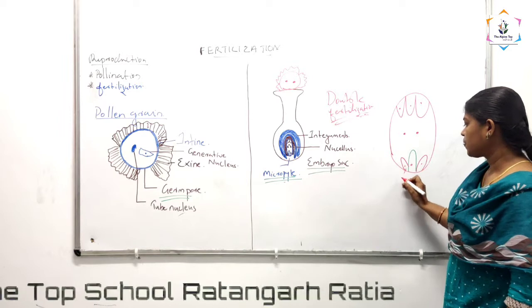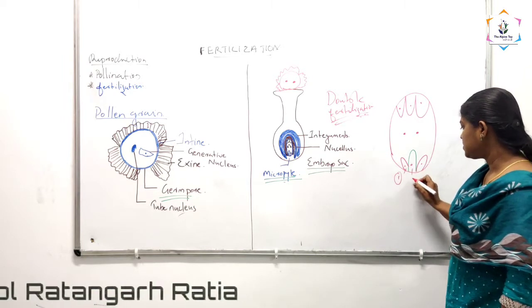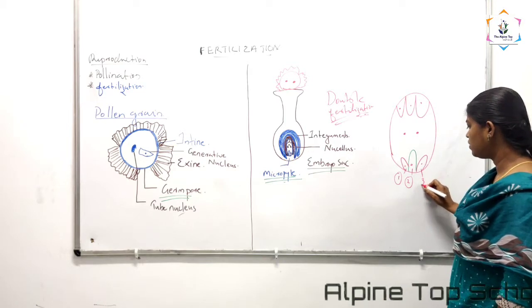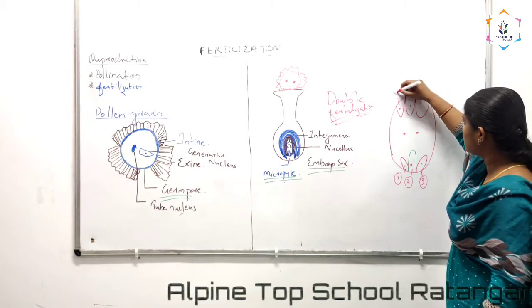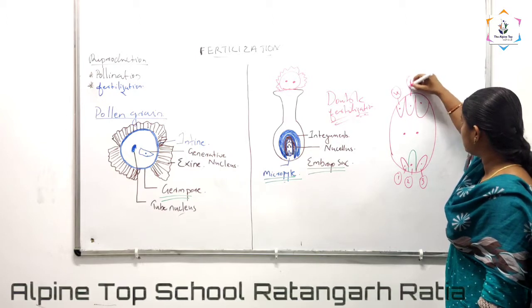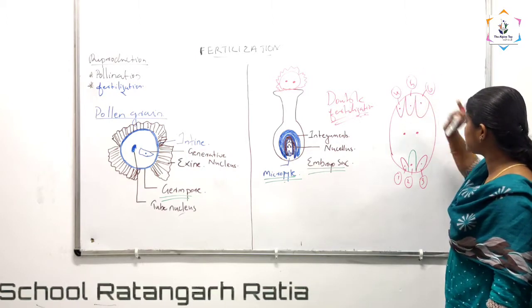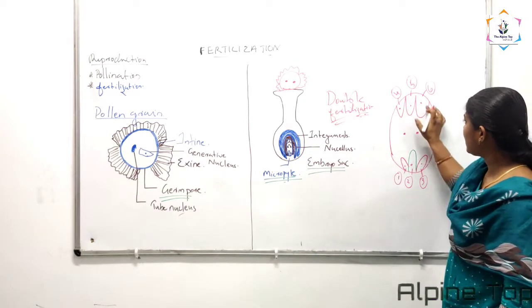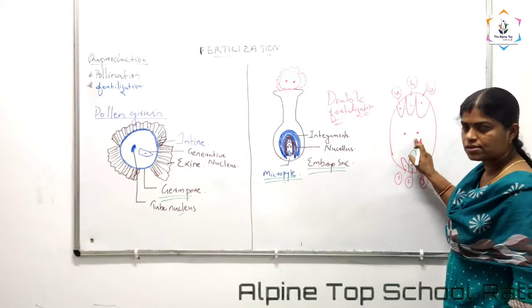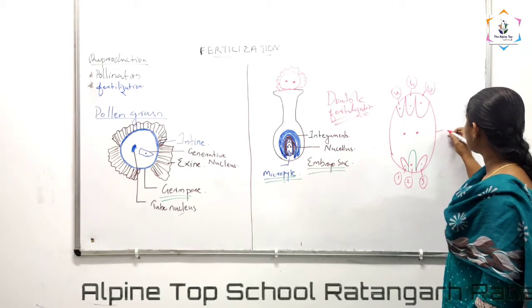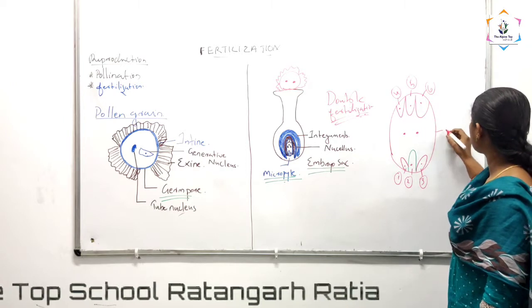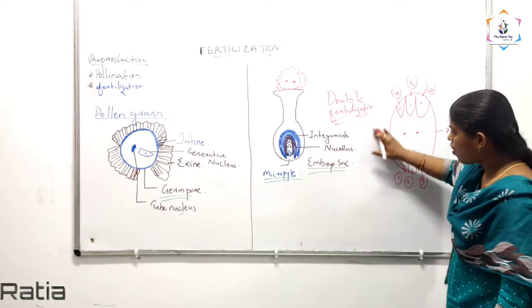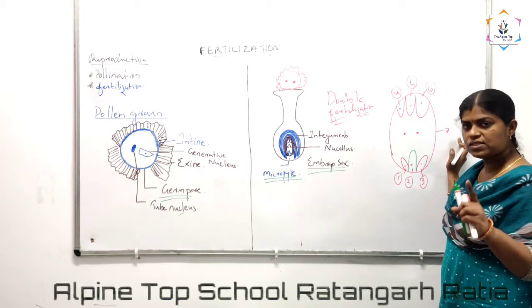See, this is one synergid. This is a cell. This is the egg. This is another cell. This is another synergid, so this is a third cell. This is another antipodal, another cell. 5 and 6. 3 antipodals are here and 2 synergids, and centrally placed one egg cell is there. And it itself is a cell which is having 2 nuclei. This is another cell. So like that, it has got 7 cells. So the whole embryo sac is made of 7 cells.